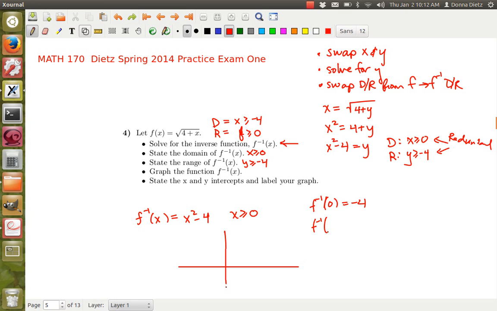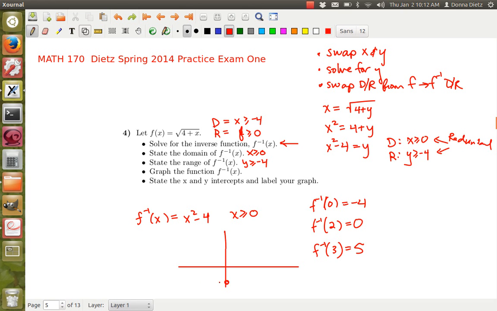F inverse, just take some points. Let's see, the vertex is at 0, if this is a parabola. Let's take some other points. If x is 2, that's going to give you a root. All right, f of 3, it's 9 minus 4 is 5,